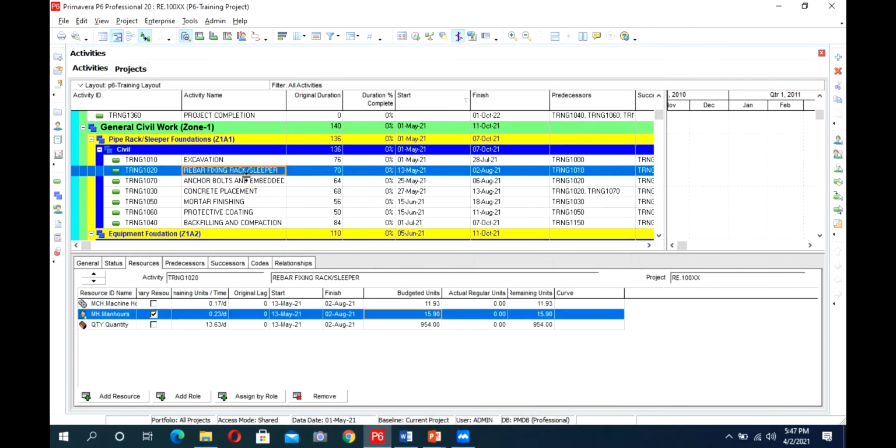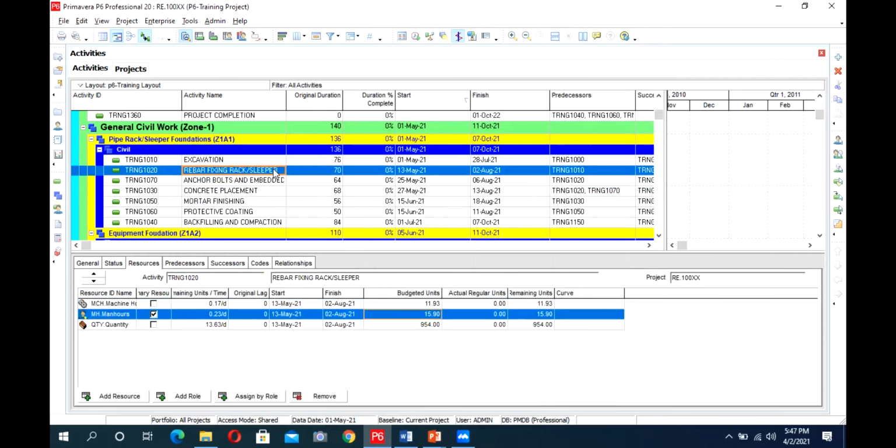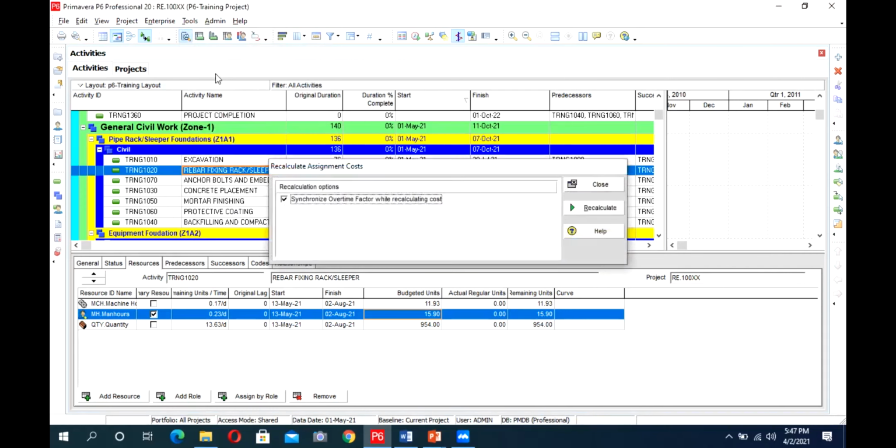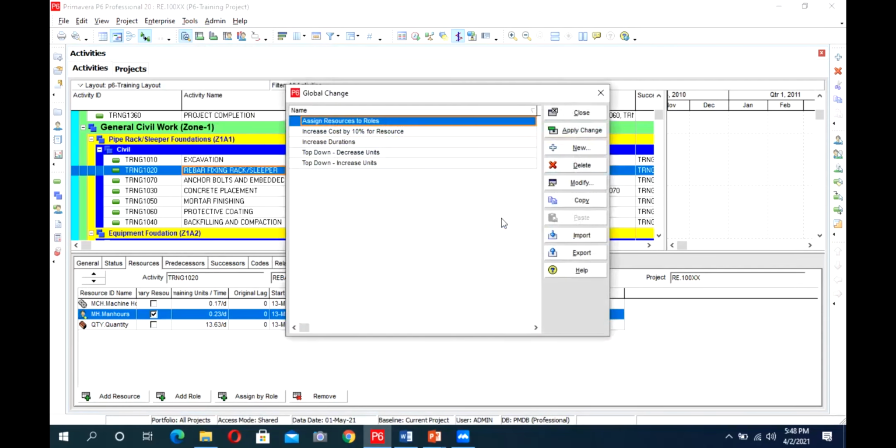There are also some other ways. As you know, there are formulas in Excel or elsewhere where you can apply the overall impact to all the activities. Similarly, in P6 we have an option which is named global change. So I will also introduce it. Go to Tools. In Tools there is the option Global Change. In global change, basically you set a logic and you can apply it to different activities as per your requirement. So we will add a